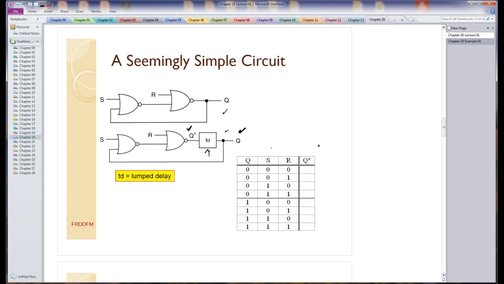Now Q+ is going to be the new state of the circuit. Typically we use Q to represent that. I'm not going to do the whole thing, but I'll do a couple of rows in here, and then we will just flip to the next page that has all the answers on it. Okay, so let's do this. And first thing we need to do